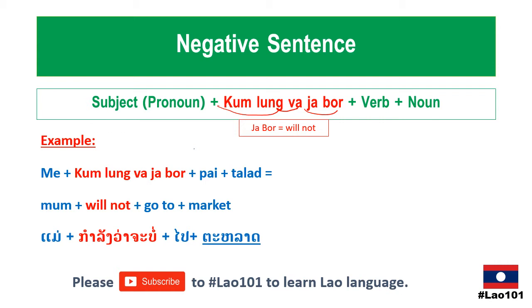We usually use the negative future tense to replace it. So when comparing to English, it's not exactly a match. But in the context of Lao, I would recommend that you shorten it just to say jabo. It would simplify the way